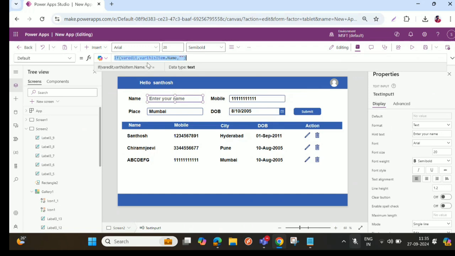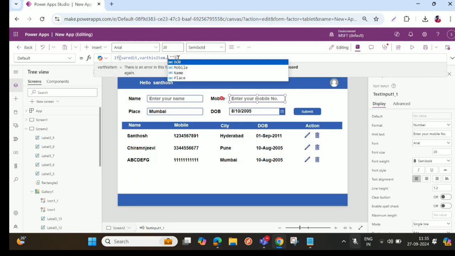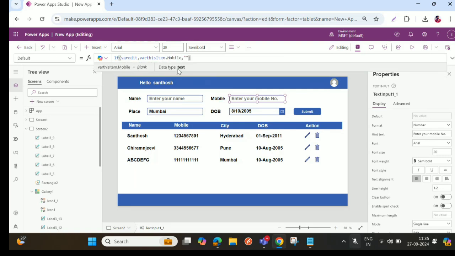This logic I'm applying for all the controls. Similarly here also, if variable is true, then place var this item dot mobile number, otherwise blank. Similarly to this,